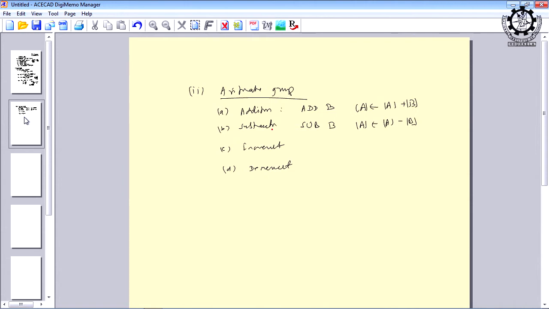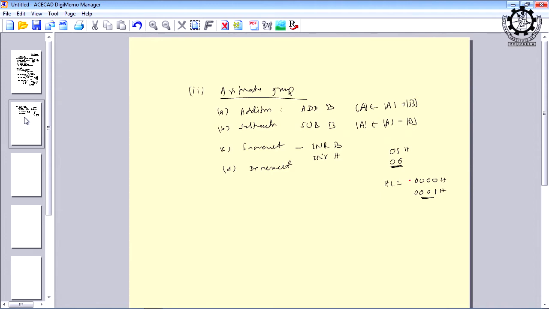Is that okay? Then increment. Example, INR B. Suppose B value is 05 in hexadecimal. After execution of this instruction, B content will be 06. Very simple. INX H. Suppose the HL pair contains 0000 in hexadecimal. You will understand it is 16 bits. After executing this instruction, what will be the value of HL? 0001H. That means H value is not changed. Only L value is changed. And when the L value is completely filled up, then it will start updating the value of H.